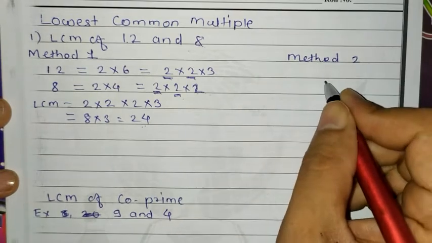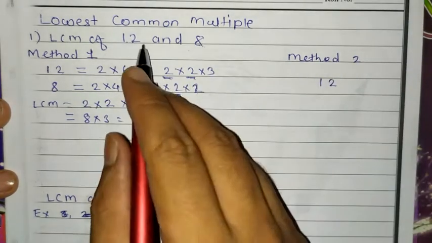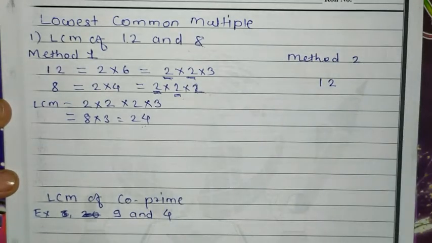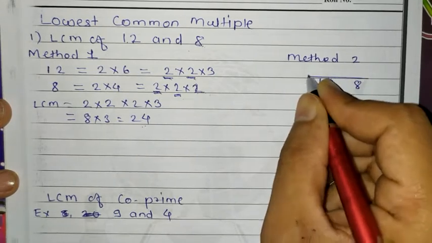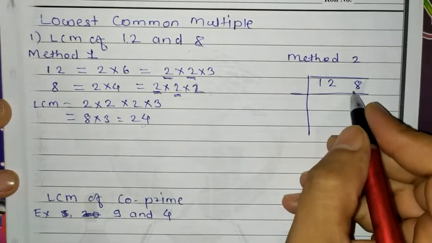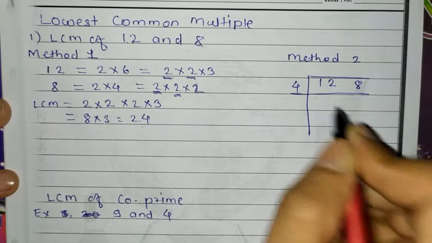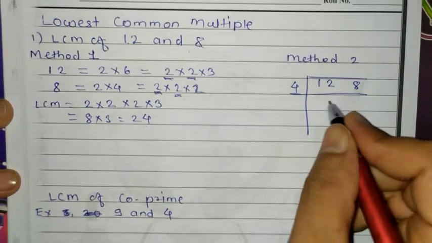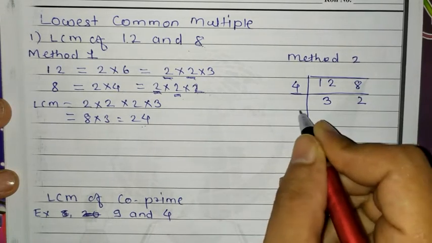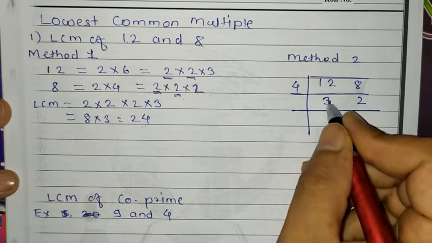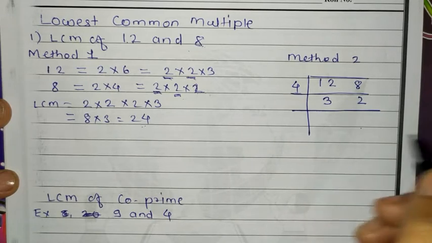The second method is also there. We generally use this second method if you have more numbers, like here we have only two numbers. If you have 4, 5, 6 like that, then we use this second method. So our numbers are these. As you know, both numbers are divisible by 4, or you can also divide by 2, it's up to you. If you divide by 4, 4 threes are 12 and 4 twos are 8. Here you have to do this process continuously till you get 1 at last, so that it is not divisible by 2.